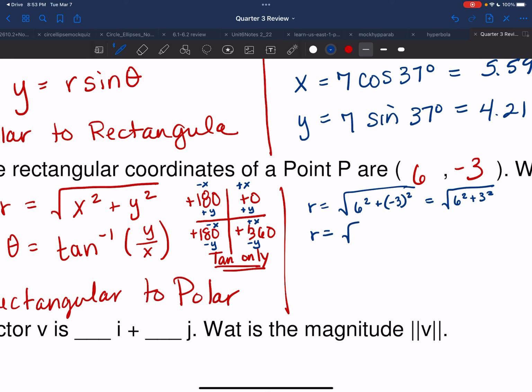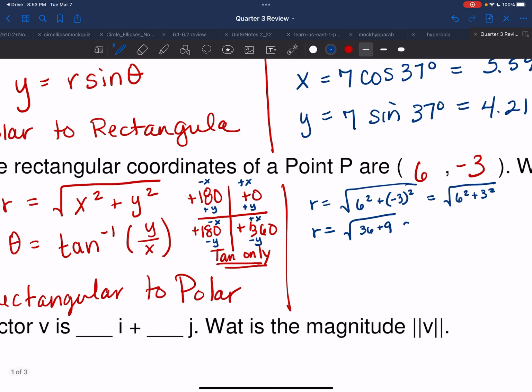So the square root of 36 plus 9, right? So that is going to give us the square root of 45, which is going to be approximately 6.708. So that's my r value. Now my theta is going to be the inverse tangent of my y, which is negative 3, over my x, which is 6. So when I put that in my calculator, I end up with negative